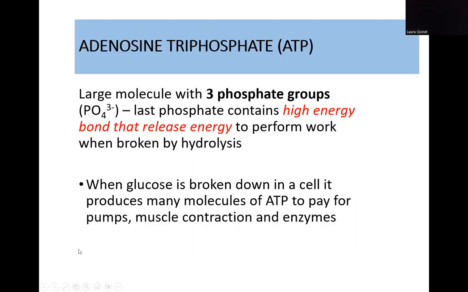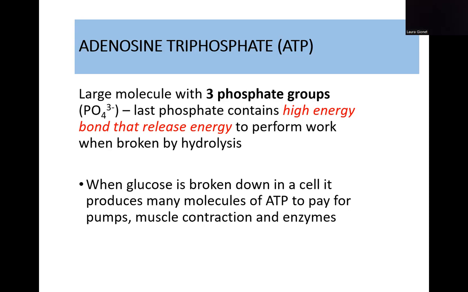Okay, adenosine triphosphate. This is our energy currency of the cell. It's a large molecule with 3 phosphate groups. The last phosphate in this chain has high energy, or a significant amount of energy stored in the bond between that last phosphate group and the other two. Right? And when you break that, it releases a lot of energy to perform different active processes, to perform work